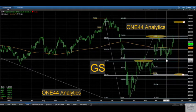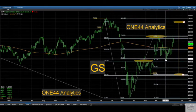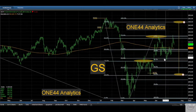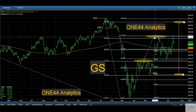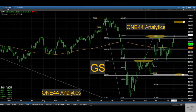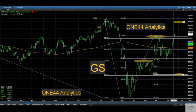This was right when JPM hit their target of 61.8, and this one was able to hold 38%. Again, 61.8 should have sent you that much, the 61 the other way, but what's happening here, and this is why you have to always keep an eye on it, is that this was only able to go 38%. Now here's what followed on this rally, and this is the other thing you have to watch out for right here. We showed it to you on the other side where you failed to make the new low with JP Morgan, and then coming down from 38.2 failed to make a new low,